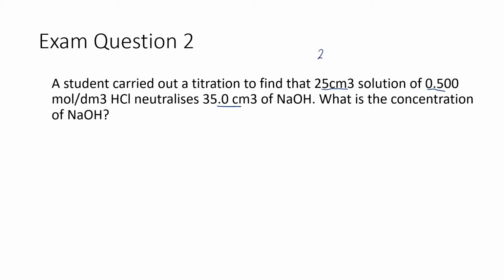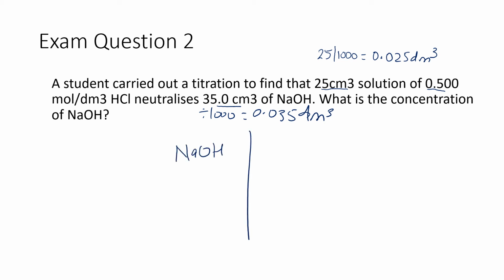If I do 25 divided by 1000 to get into dm cube, that'll give me 0.025 dm cube. And I want to change 35 by dividing by 1000, which gives me 0.035 dm cube. So everything is now in dm, and the two things I need to work out are NaOH and HCl,